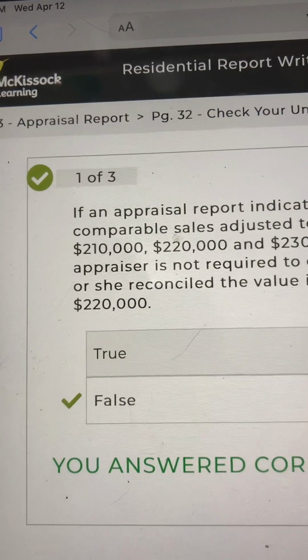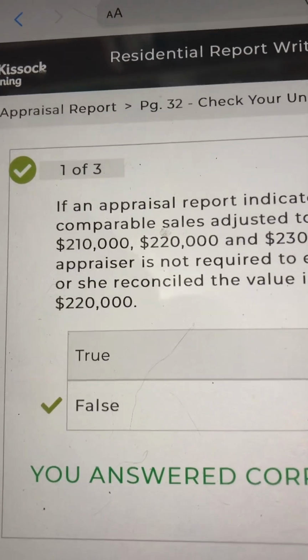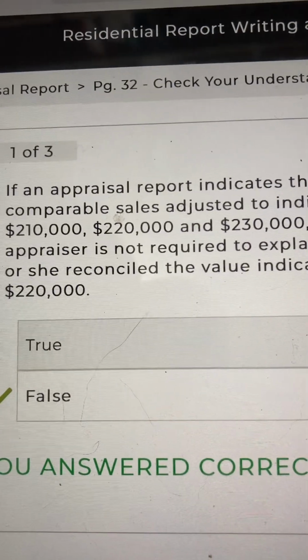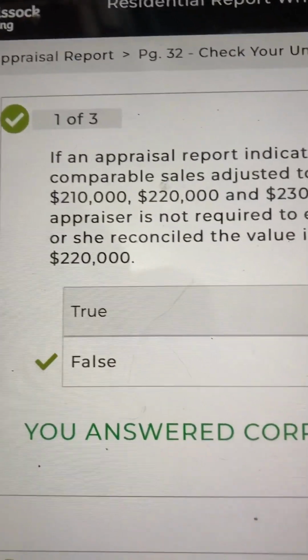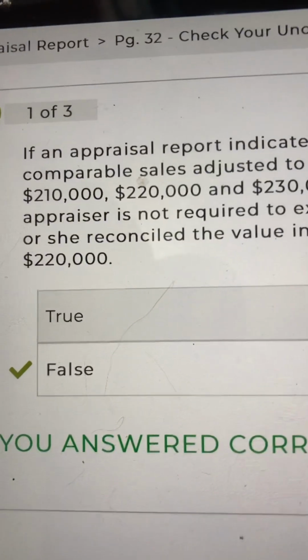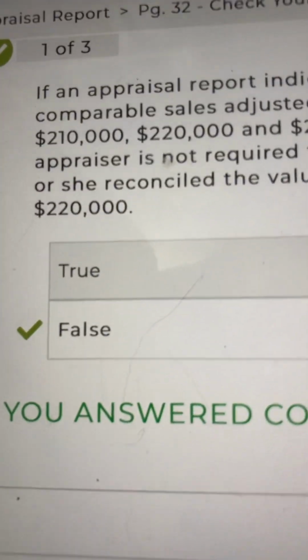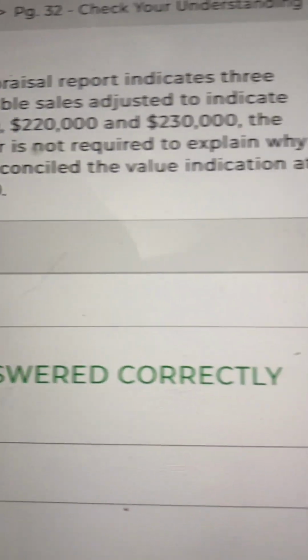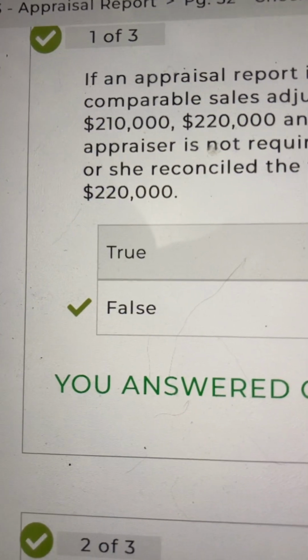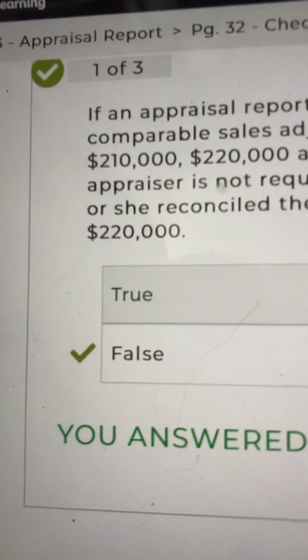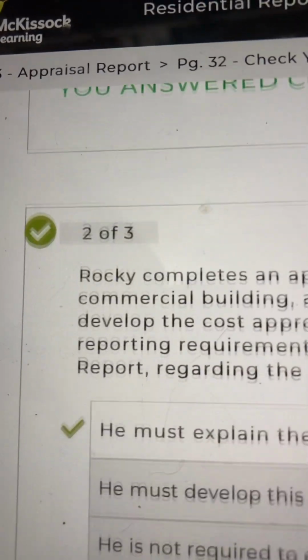So remember, number one, if an appraisal report indicates 3 comparable sales adjusted to indicate $210,000, $220,000, and $230,000, the appraiser is not required to explain why he or she reconciled the value indication at $220,000. True or false? You said false, and that was correct.